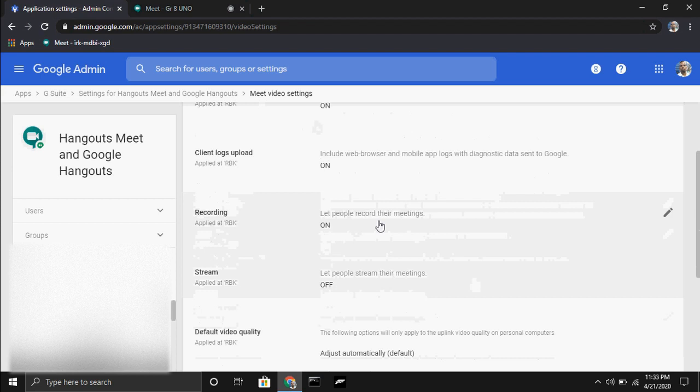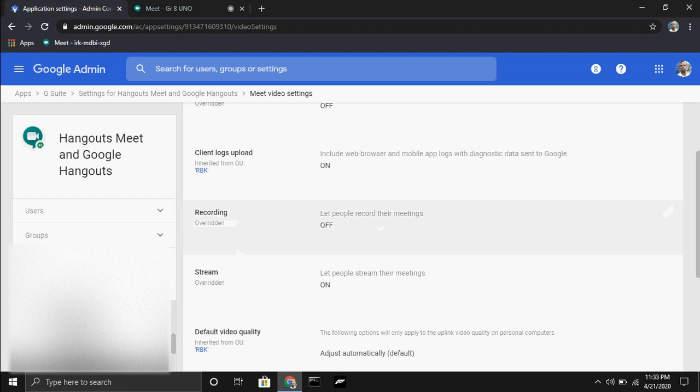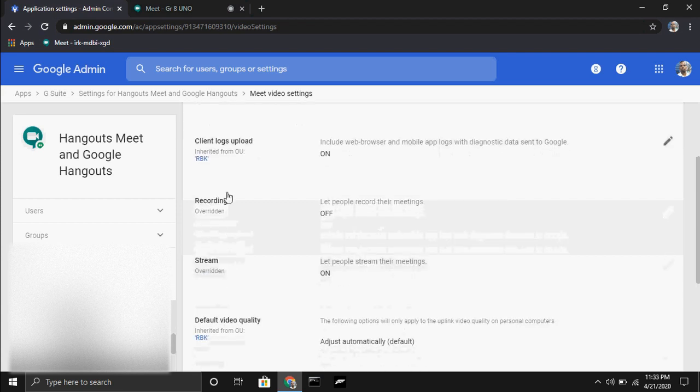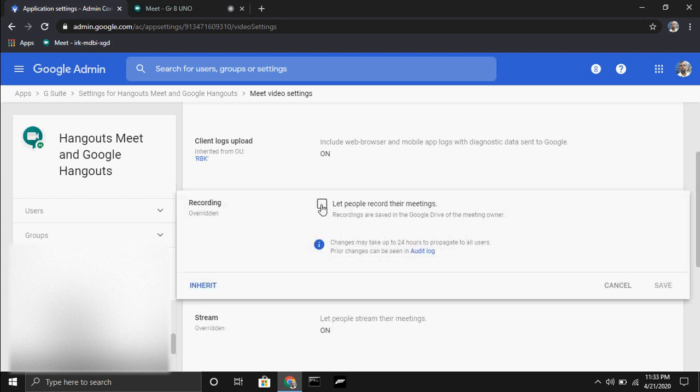Now I want this function stopped for the students. For this, you will go into that OU where the students belong. Click on the students OU, and now you just click on the recording function and turn it off.